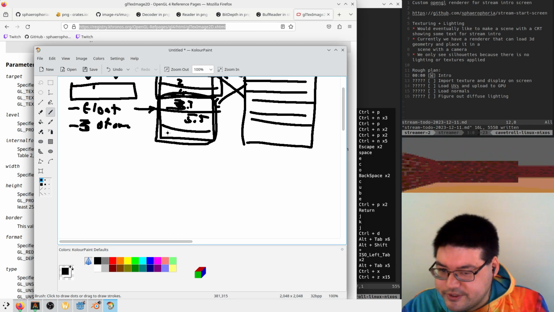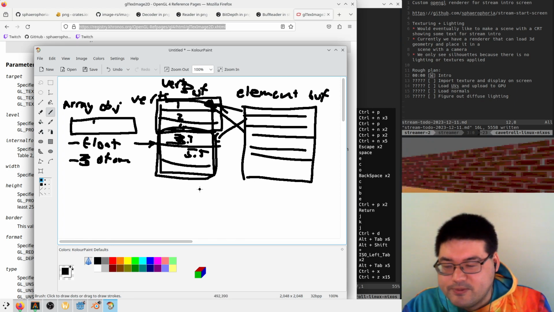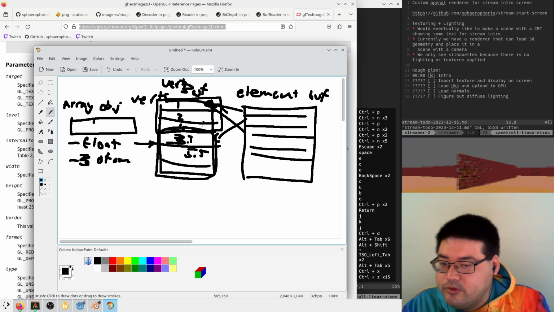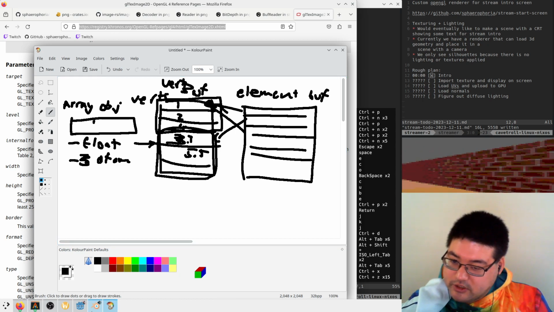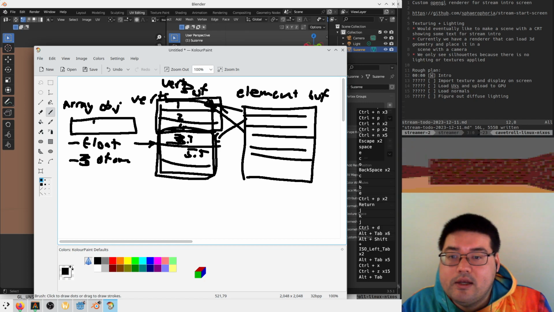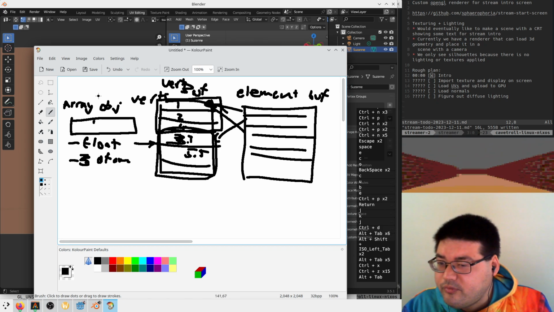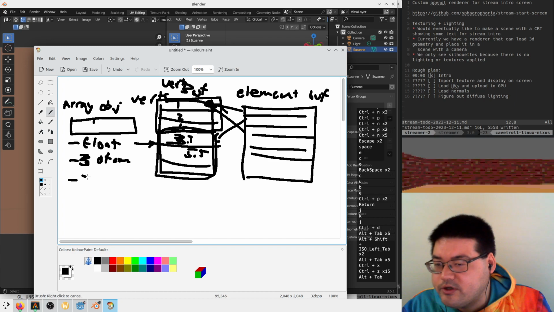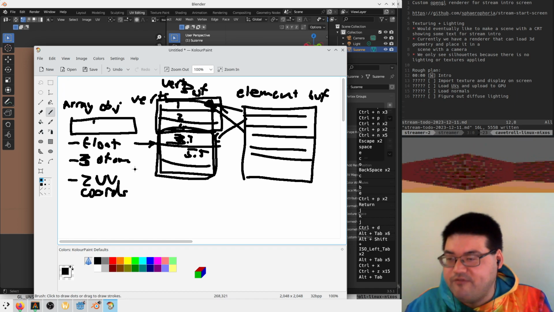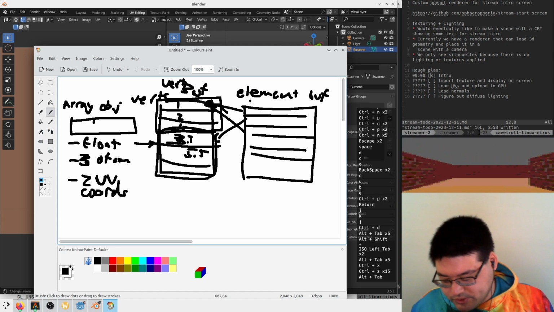All of that is important to say, because this structure really impacts how we're going to lay out our data. Specifically, if we want our vertex shader to pull in UV coordinates, i.e. where on that picture of Suzanne we're going to pull image data from, we need our UV coordinates to be associated with the same element. So our array object would then say, oh, hey, there are also 2 UV coordinates. And now all of a sudden, if you have the same vertex position, the same vertex, but 2 different UV coordinates, that has to be structured as its own element,